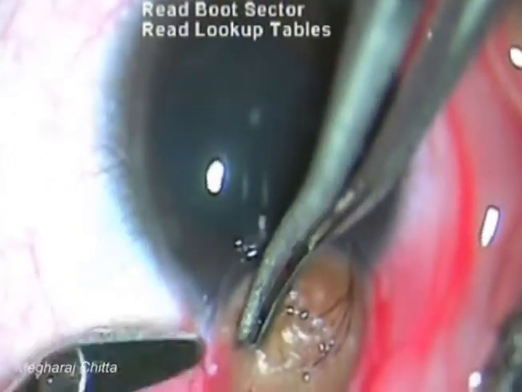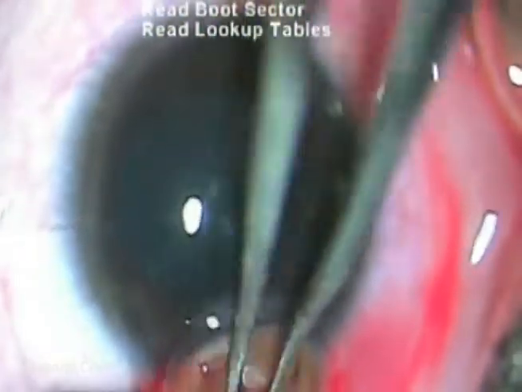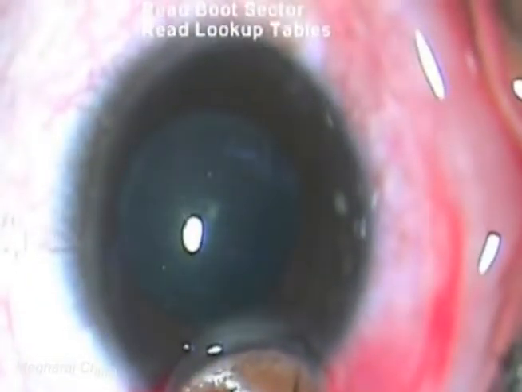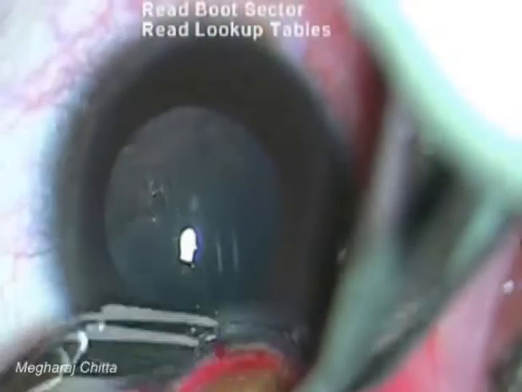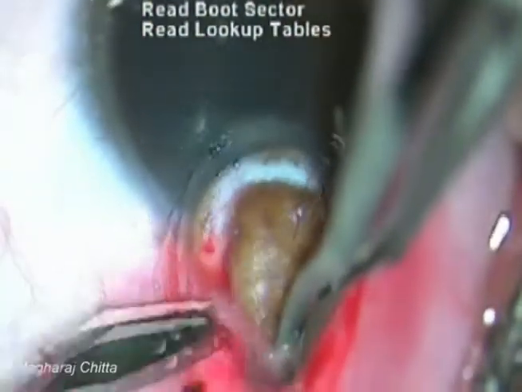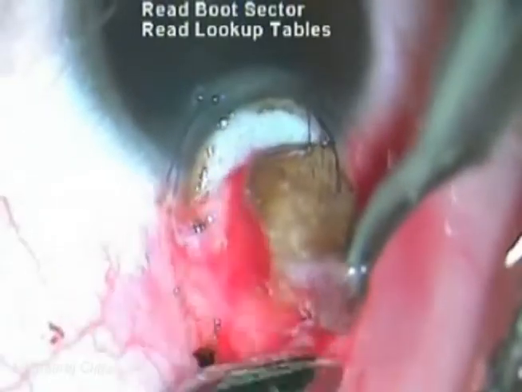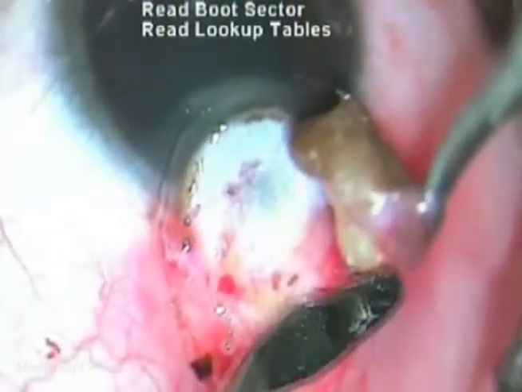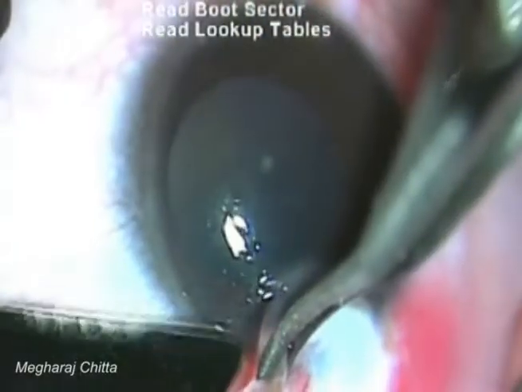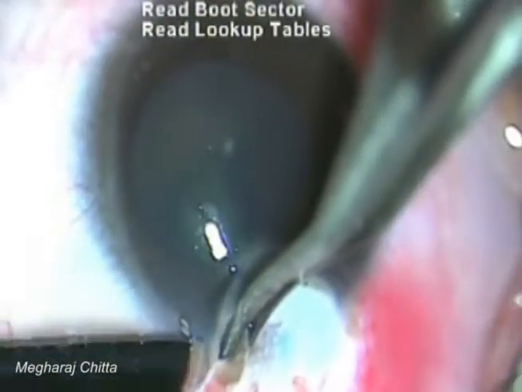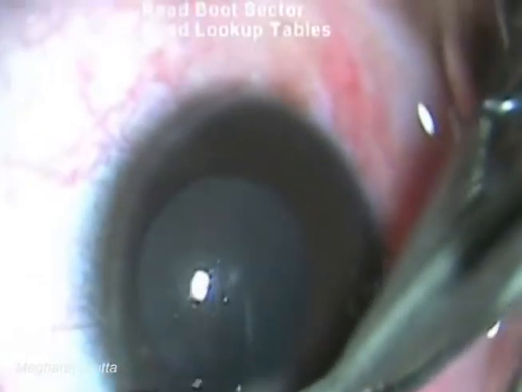A lamellar dissection was performed beginning on the corneal side of the lesion and carried across the limbus into the sclera. Globe perforation is an infrequent but hazardous complication. Adequate caution was taken to avoid any perforation of the globe. A lamellar dissector was used to maintain a single plane of dissection within the cornea.